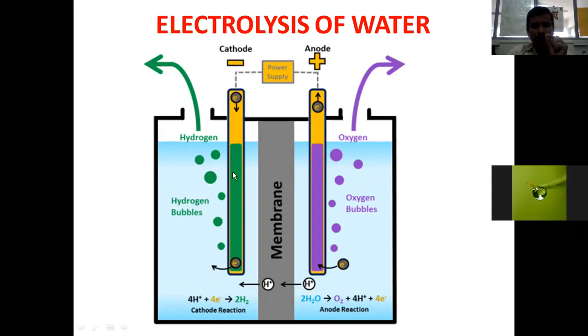Into one compartment, one electrode has been immersed. Into another compartment, another electrode has been immersed. They are named cathode and anode respectively. Both of them have been connected to a power supply device, because we need to apply electrical energy, we need to apply the potential difference, because this is going to be the electrolytic cell. That's what the electrolysis of water explains here.